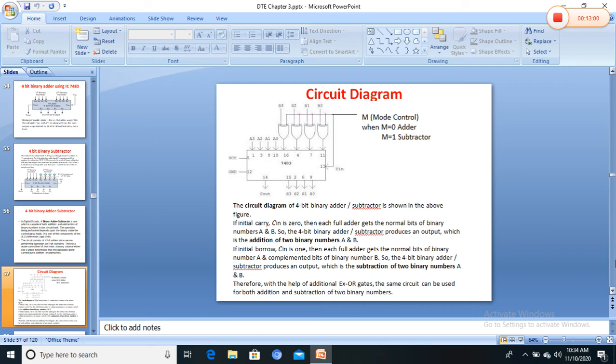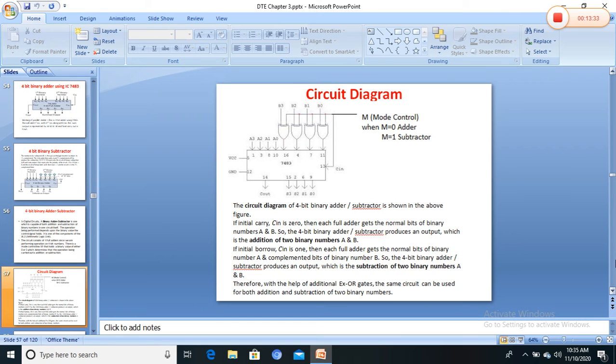The output of the XOR gate will be the same number B which is applied to its input, because 0 XOR 0 is 0 and 0 XOR 1 is 1, so B3, B2, B1 pass unchanged through the XOR gate. The carry input C is connected to M, so the adder adds A, B, and C, that is A plus B, since C is equal to 0. So with M equal to 0, addition takes place.